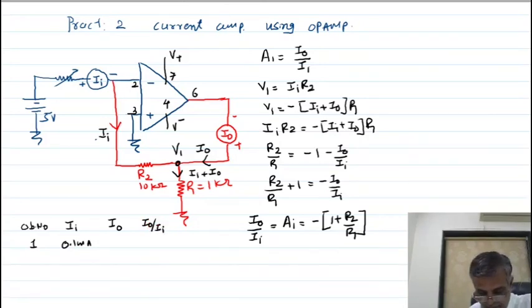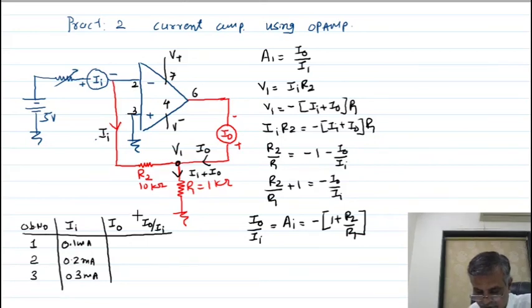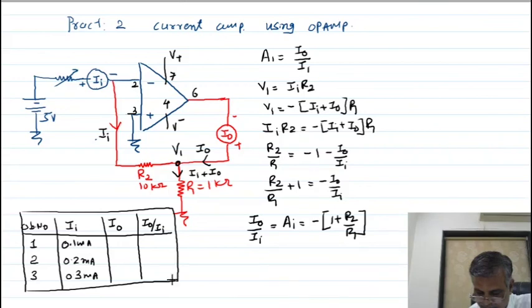With the help of the potentiometer R, you have to change the input current to 0.2 milliampere. Measure the corresponding output current. Find out I_O by I_I. Again do this. You may have the question how much current I should give. That depends upon how much current the op-amp can sink or source. So for different values of the input current, you have to measure the output current